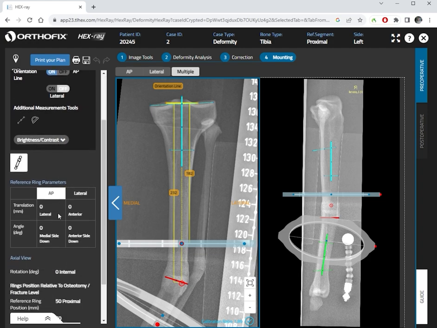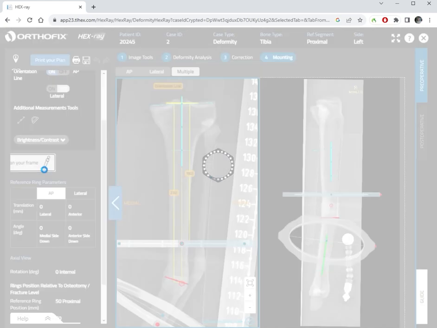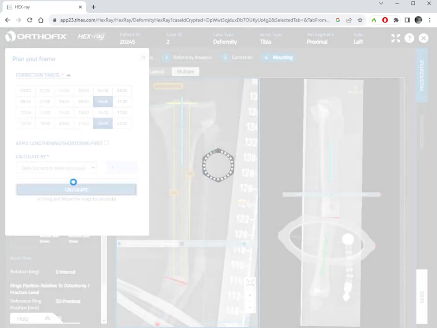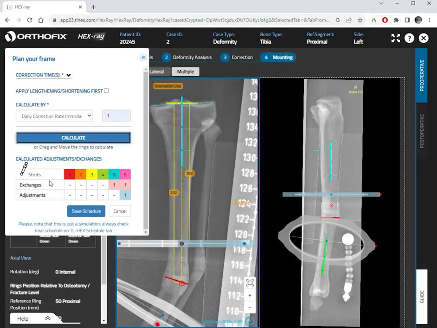Now we go down, and here is the fun part. Here is what we call the planning frame. When I press this one, it will bring me to my plan. I usually do the correction twice a day, 10 o'clock in the morning and 10 o'clock in the evening, and I usually correct by 1 millimeter a day, daily correction. So when I calculate that, this will bring me to this